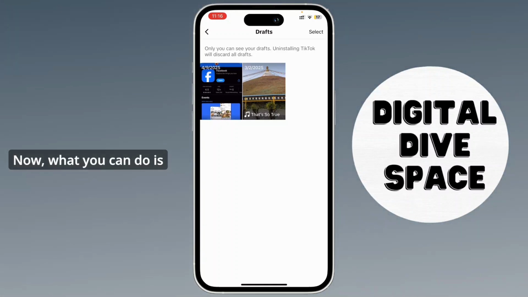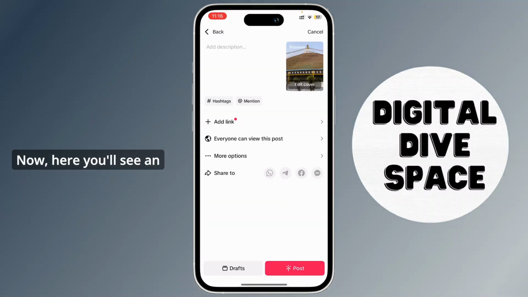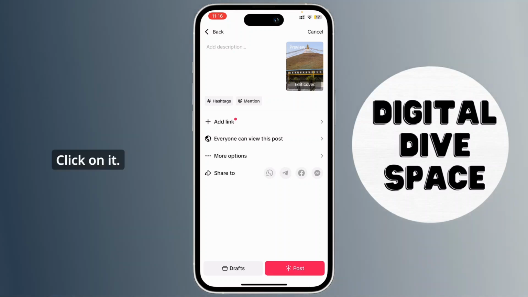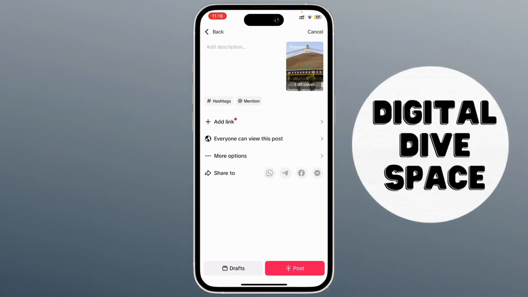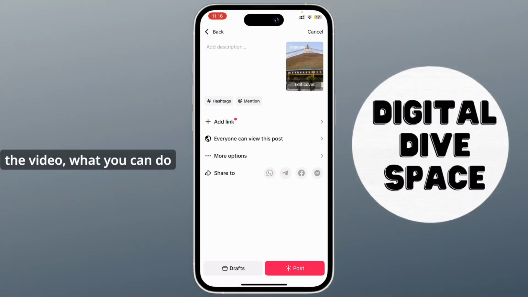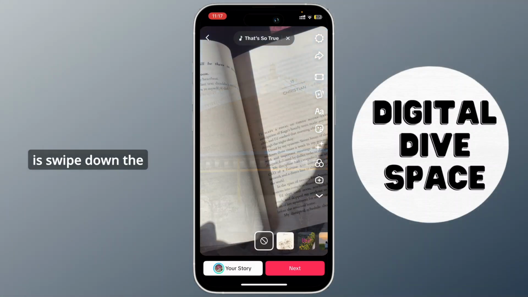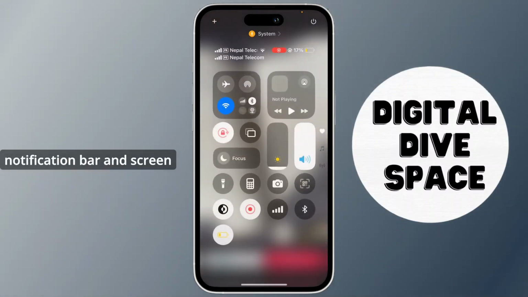Now what you can do is first open the draft video. Now here you'll see an option to click on preview. Click on it, and then this is an important step to ensure we can save the video without any watermarks. So once you've previewed the video, what you can do is swipe down the notification bar and screen record the